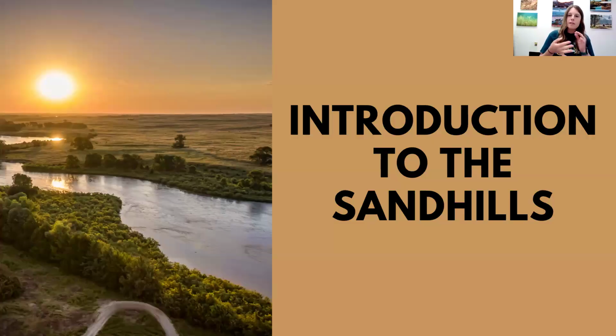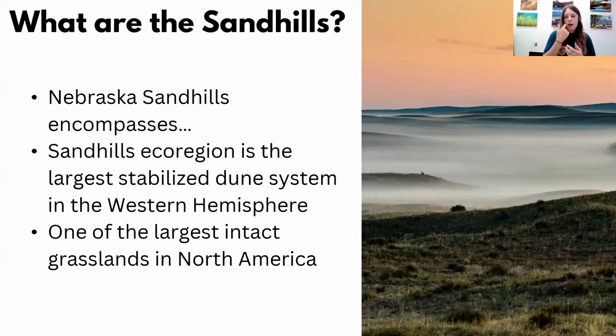All right, so that was the history and the land use. Let's talk a little bit about what the Sandhills are. So like I mentioned, if you've never been to the Sandhills, I highly recommend it. The Nebraska Sandhills encompasses about 19,300 square miles of sand dunes, about 265 miles across the state, which is huge. Nebraska is a very large state, but this is a small portion of what our ecoregions look like. And then about 95% of that land, or about 12.75 million acres, is rangeland. So that's a huge portion of what it still is today.